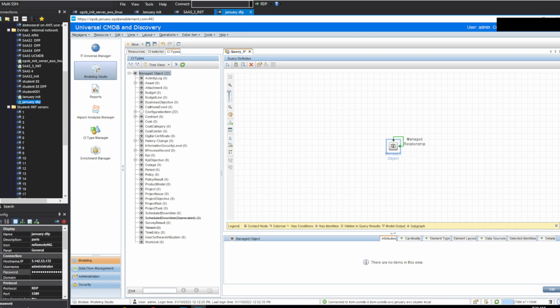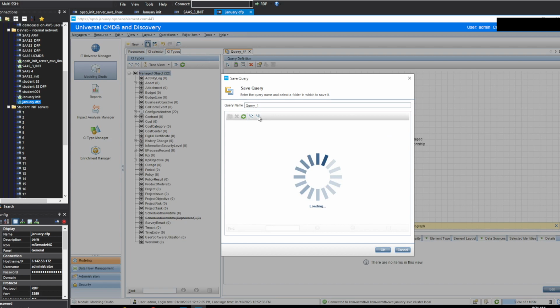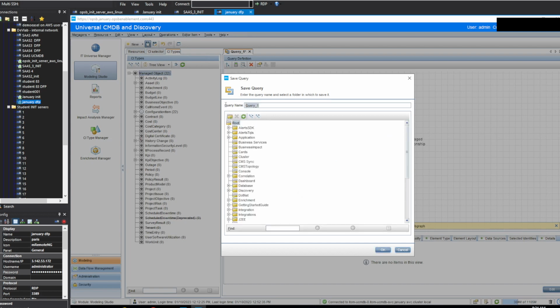It has all of the CIs and all of their relationships to each other, which means I'm forwarding everything that I have into a single place. Let's save it in the root directory over here, and I'll call it January